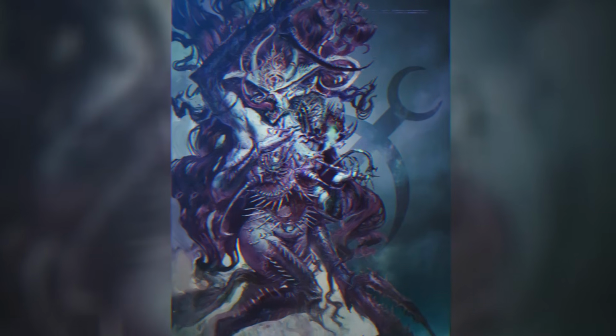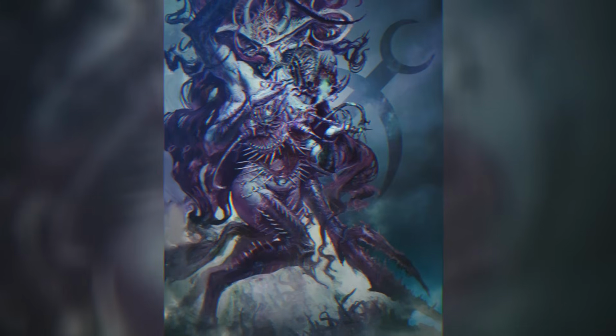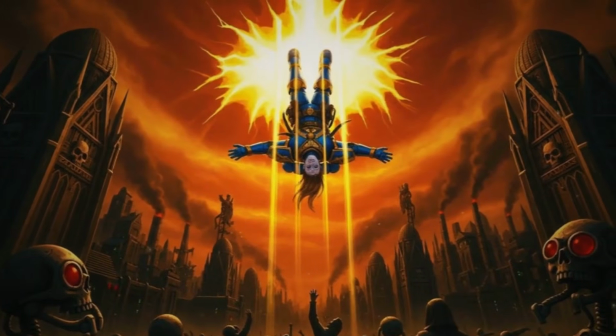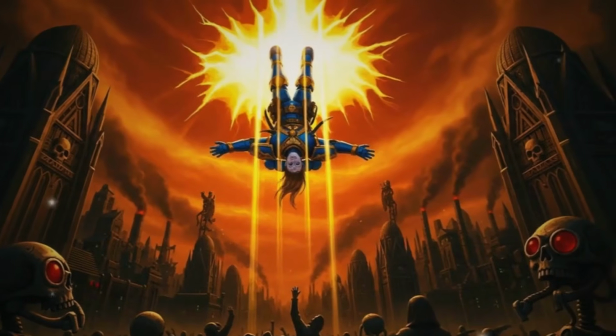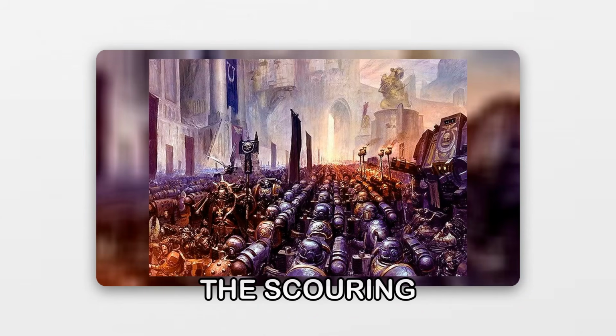This vast region of warped space, a scar on the galaxy left by the birth of Slaanesh, the chaos god of excess, offered a sanctuary of sorts to the traitors, a place where the laws of physics and sanity were bent and broken, and where the demonic powers they served held sway. The Scouring, while successful in driving the immediate threat from Imperial space, inadvertently created a festering wound in the galaxy, a permanent haven for the forces of chaos that would plague humanity for millennia to come.